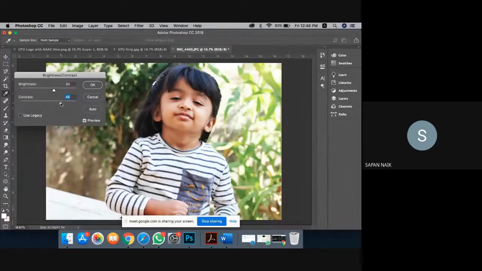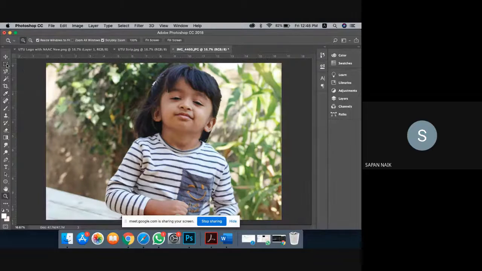One thing very clear in your mind when you do this: it is possible that your image is such that if you increase your contrast, your background will get nullified. Sometimes you want to give the effect to your background, not your foreground. That kind of scenario can come. In those cases, you can utilize any of these selection tools. Suppose I only want to change this face.